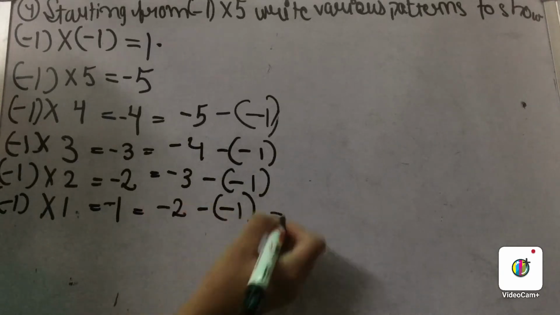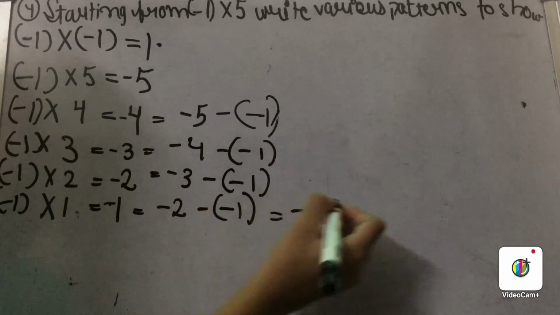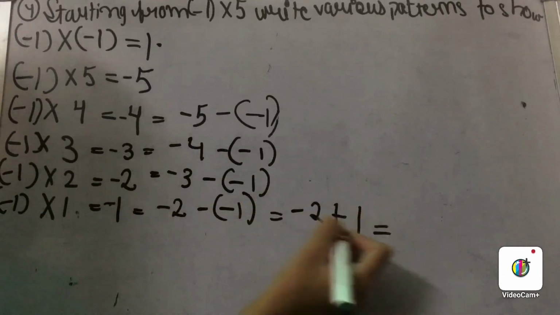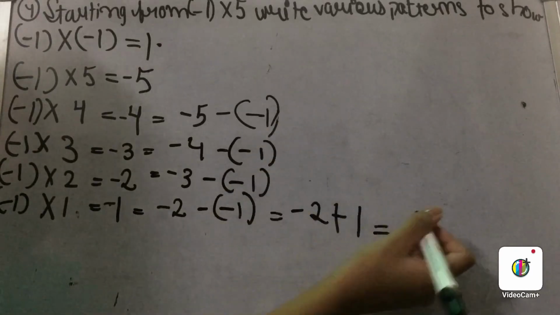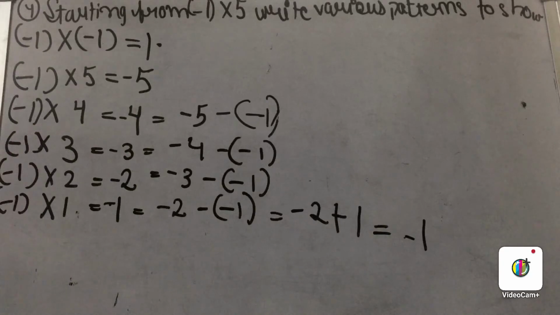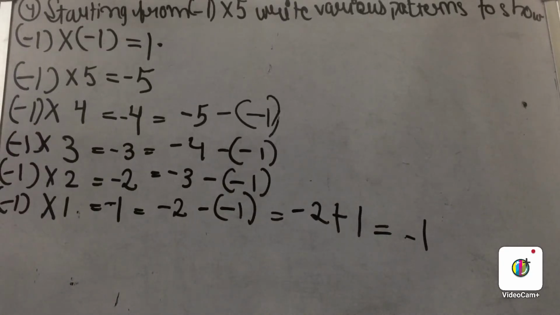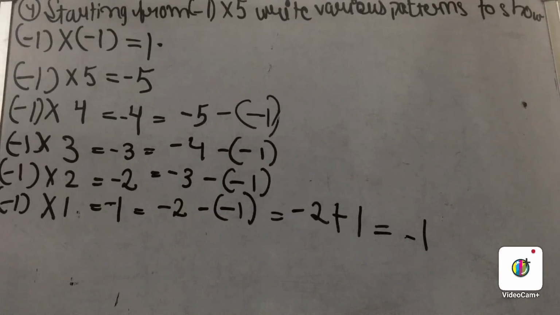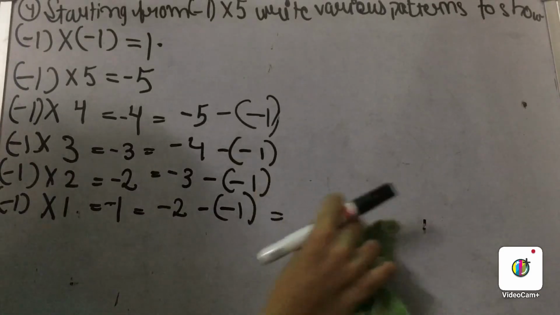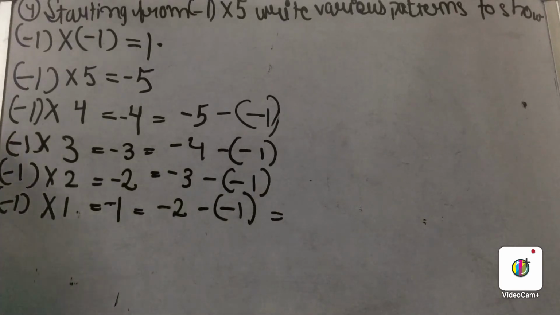So this will be minus 2 minus minus, plus 1, plus minus minus, 2 minus 1 is 1. 2 is bigger, the sign in front of 2 is minus, so this will be minus 1. So minus 2 minus minus 1 is also equal to minus 1. Now let us move on to our next integer, which is